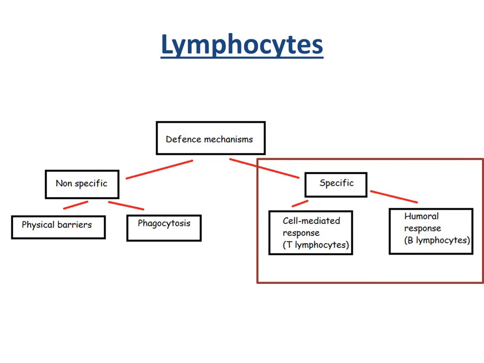In this lesson we're going to be looking at the specific responses involving lymphocytes. There are two types of specific responses. There are cell-mediated responses, which involve the T lymphocytes, and humoral responses, which involve the B lymphocytes. Humour is to do with fluid, so the things that are released into the blood, and it's to do with plasma B cells and production of antibodies. However, today,